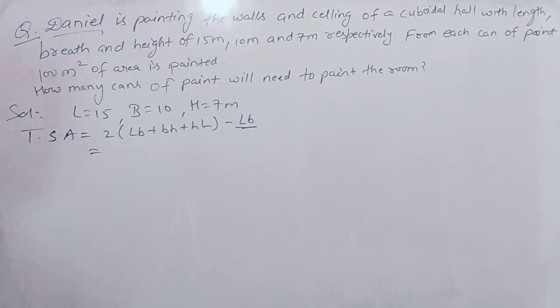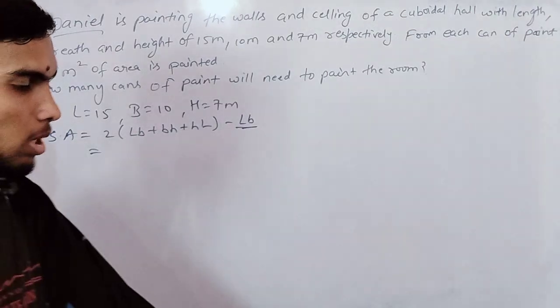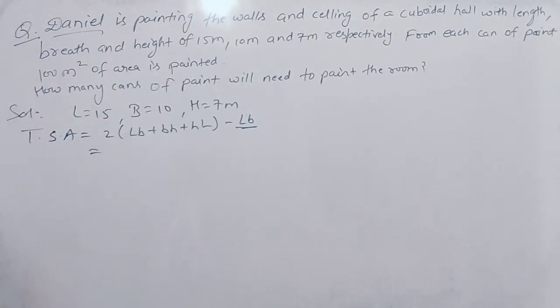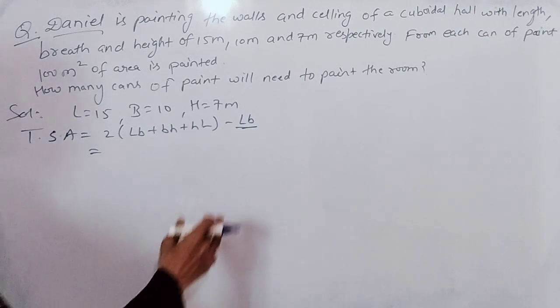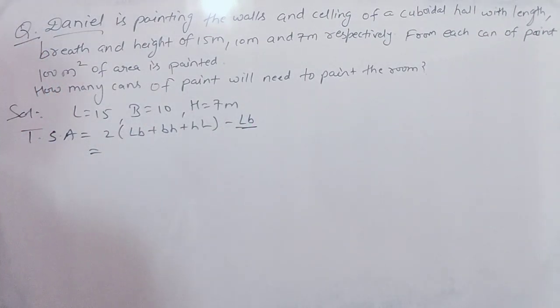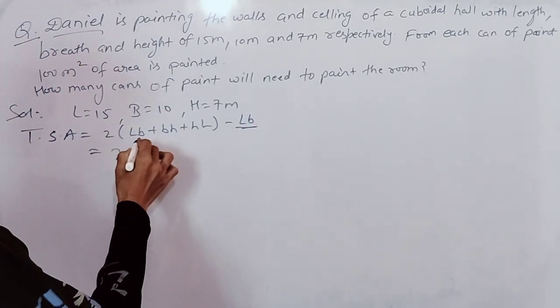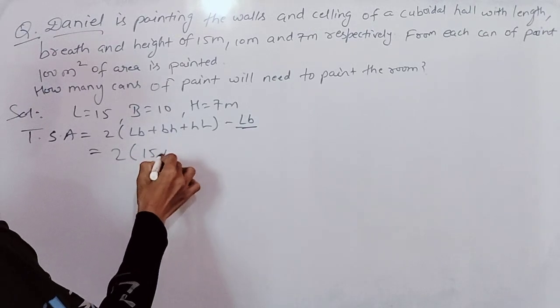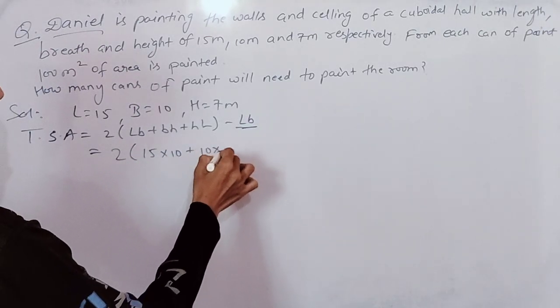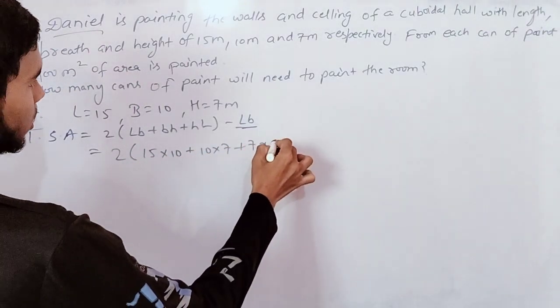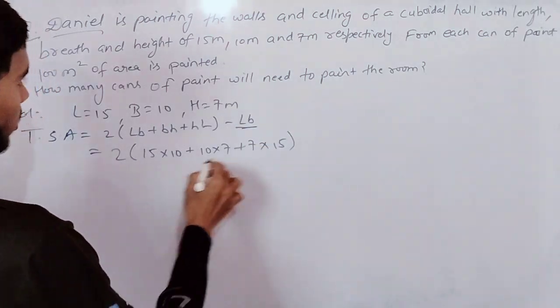The walls and ceiling are being painted, and the base area is not being painted. That's why we are removing this. 2 into 15 multiplied by 10 plus 10 multiplied by 7 plus 7 multiplied by 15, minus